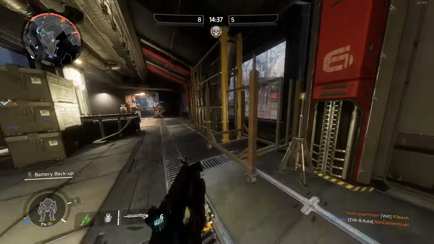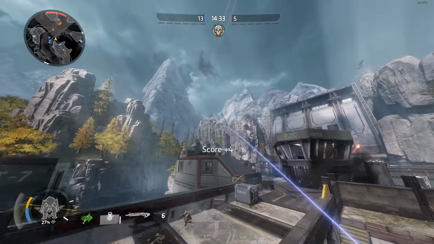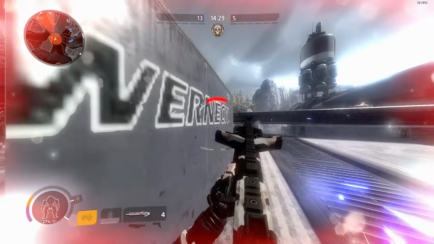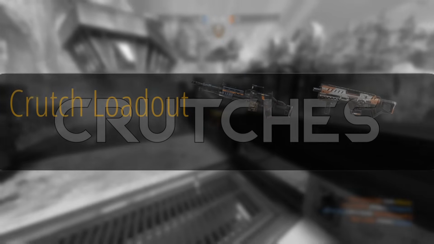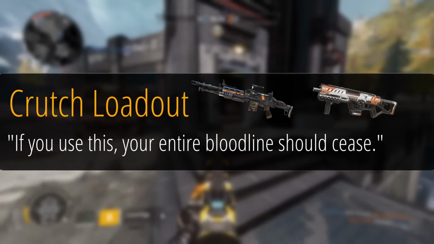When it comes to any multiplayer shooter, there's always that one thing that everybody looks down upon. Whether it be an item, a character, or in this case, weapons and loadouts. These are known as crutches. Basically, things in this category can make the game substantially easier, or make it easy to compensate for